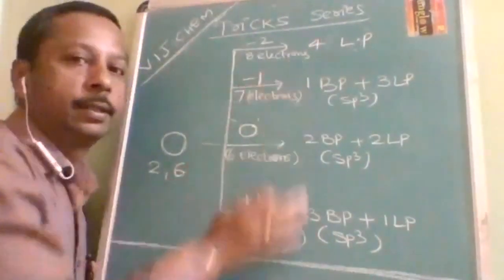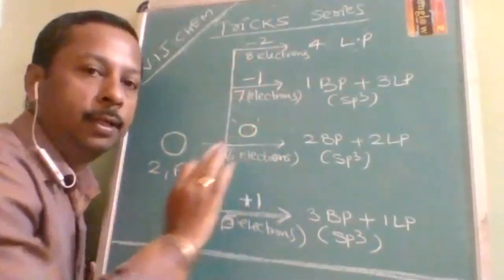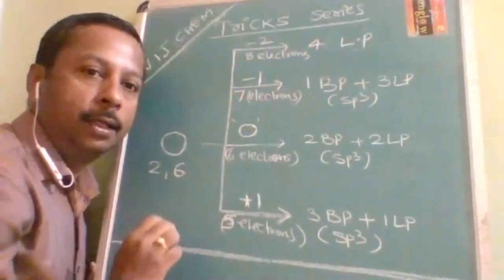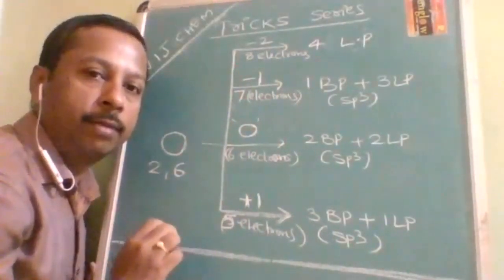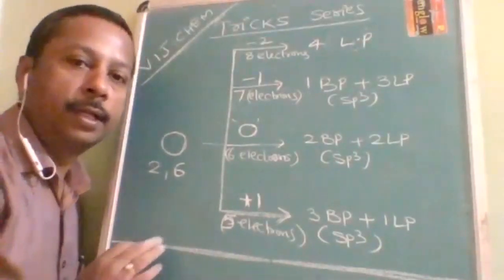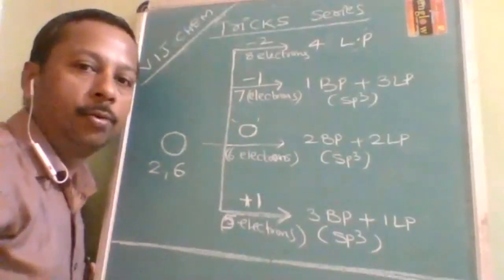Okay. Like this, if it already has a -2 charge and an octet, then there is no use in making any more bonds, because once it is an octet, that means inert gas configuration, that means it is stable. Okay, so this is how you have to draw the resonating structure based on these basic facts. So let's see how to utilize it.